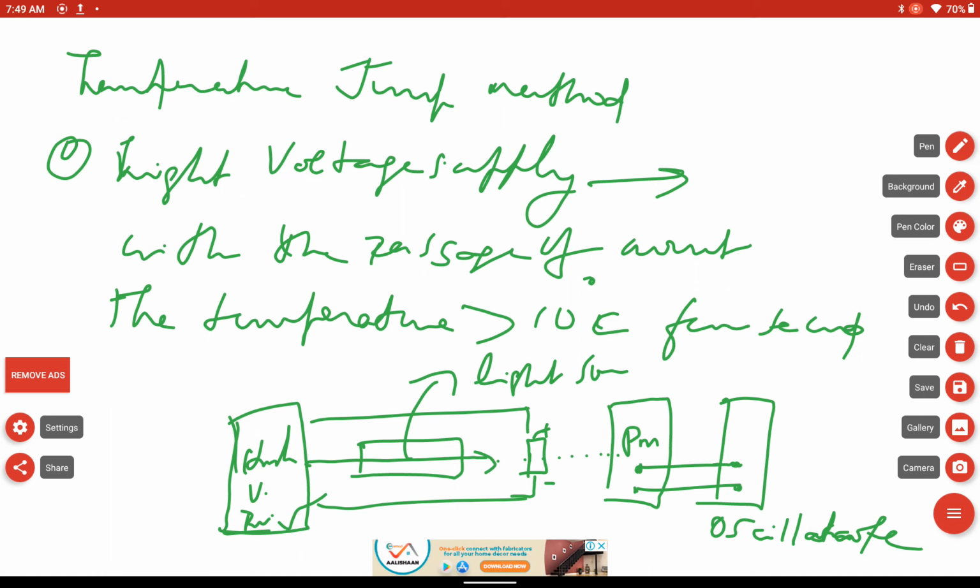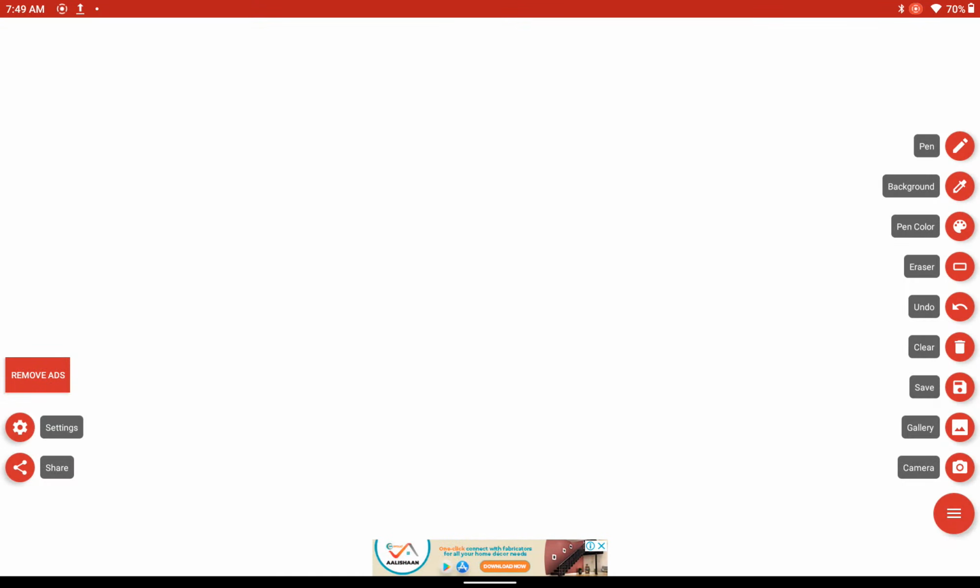In the temperature jump method, in one condition, when we compare the reaction of a reverse reaction I wrote earlier, that is A giving B, this reaction rate in the reverse reaction, when we apply a temperature jump method,